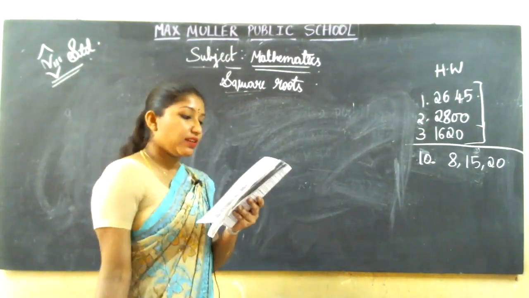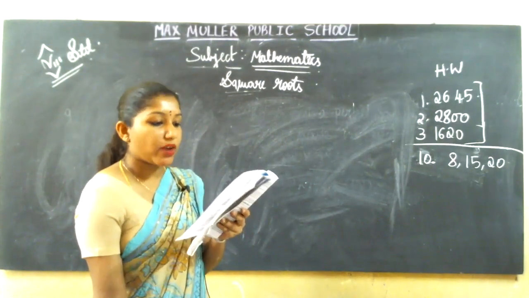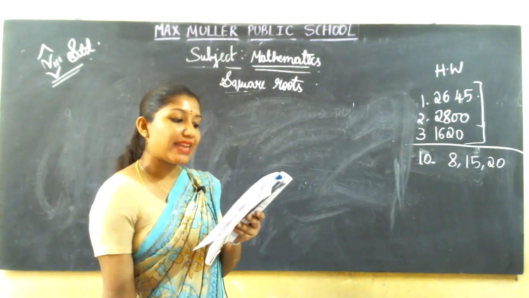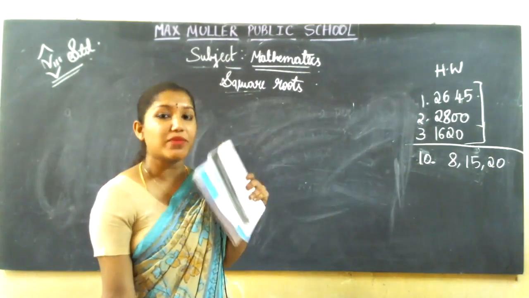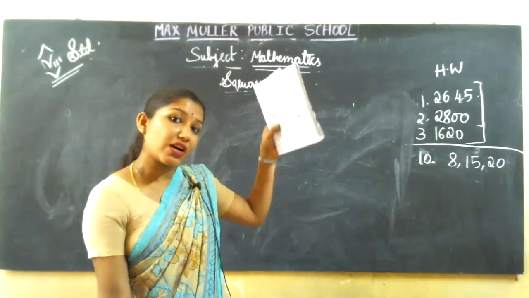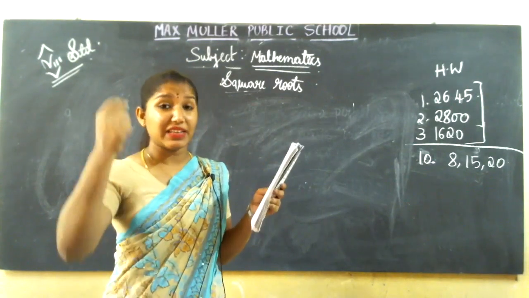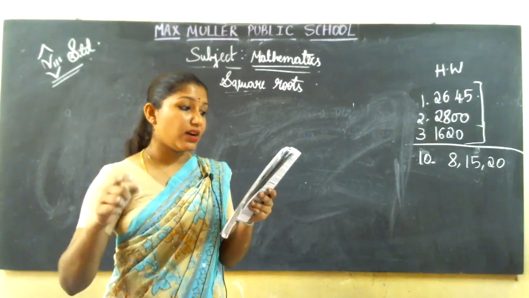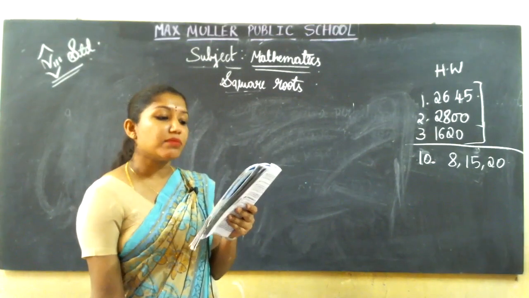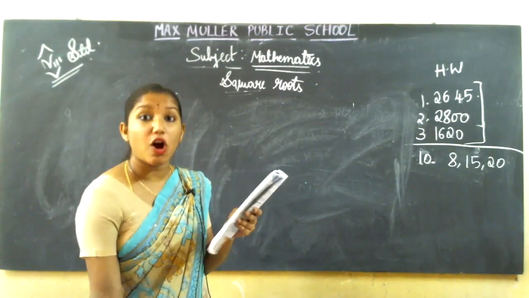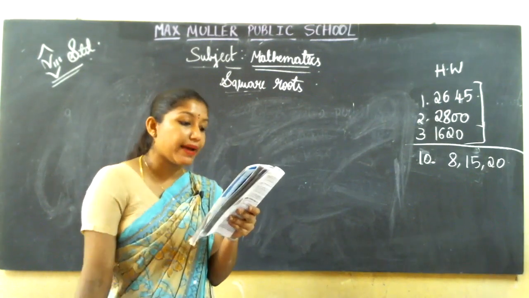Here they have given that when the numbers are large, even the method of finding square root by prime factorization becomes lengthy and difficult. Is it not? If the number is large, you cannot easily find the square root, because the prime factorization method takes too long and becomes difficult. So to overcome this problem, we use the long division method.